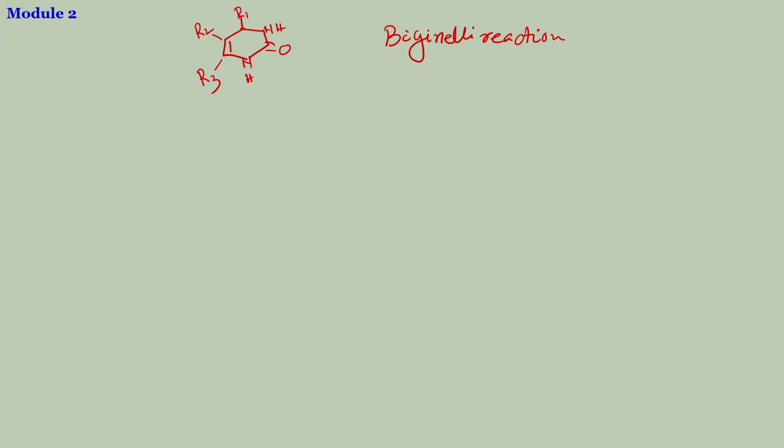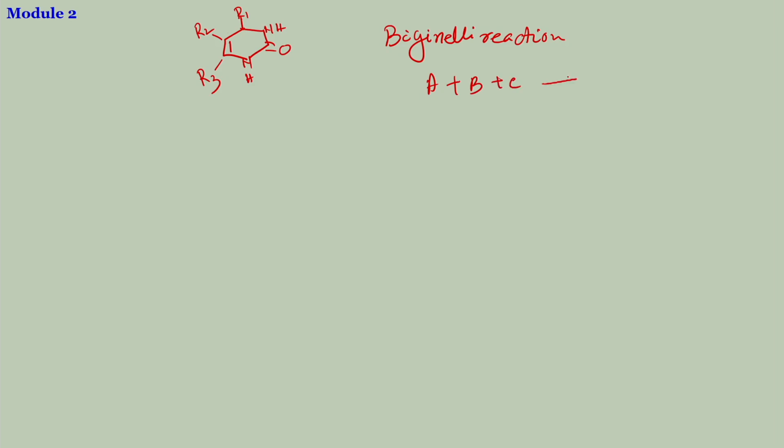The Biginelli reaction is a famous reaction which uses 3 components or 3 starting molecules to synthesize one single molecule, and all 3 are fused together to produce a single molecule: A plus B plus C gives you a target molecule D. So, how does it go? It starts with the same beta keto ester. There are a lot of examples of Biginelli reactions. I am just sticking to the simple one. If you start with this simple beta keto ester plus, if you take benzaldehyde plus urea,